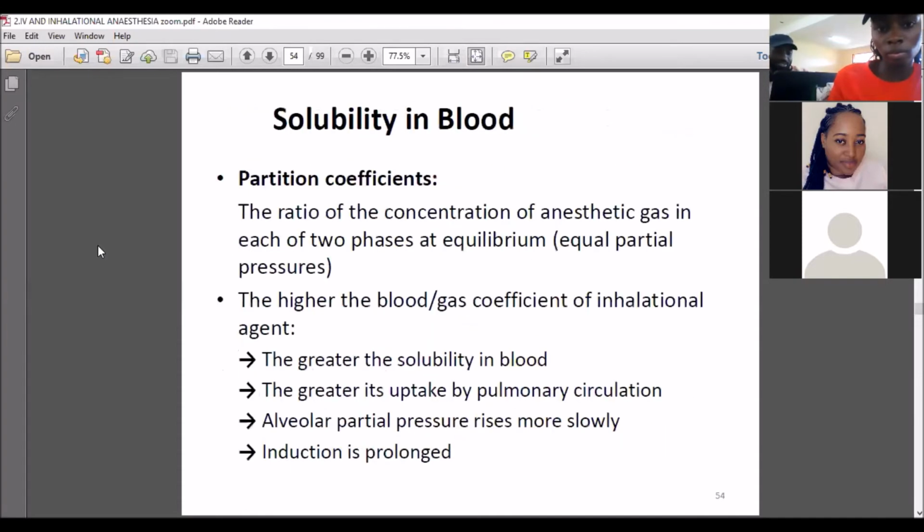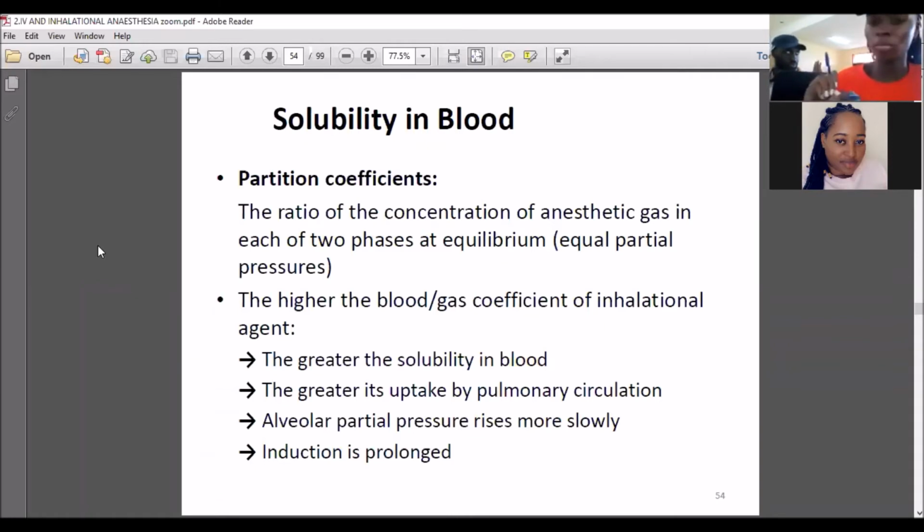Yes, because the concept of anesthesia is rapid once the concentration is high. Now, cardiac output: a high cardiac output will tend to maintain a concentration gradient between the alveolus and the pulmonary blood. Concentration gradient, yes. That means that the